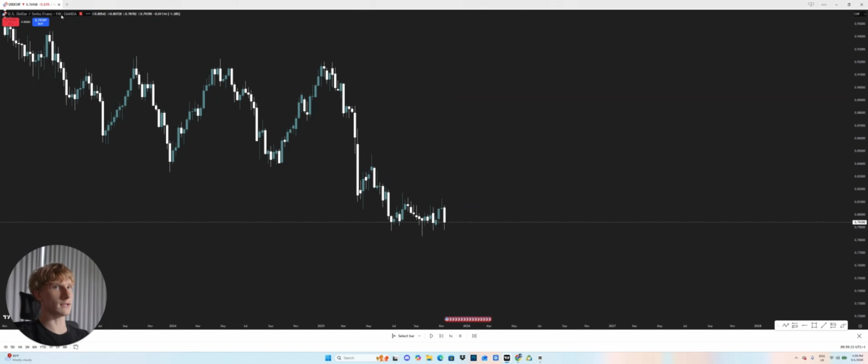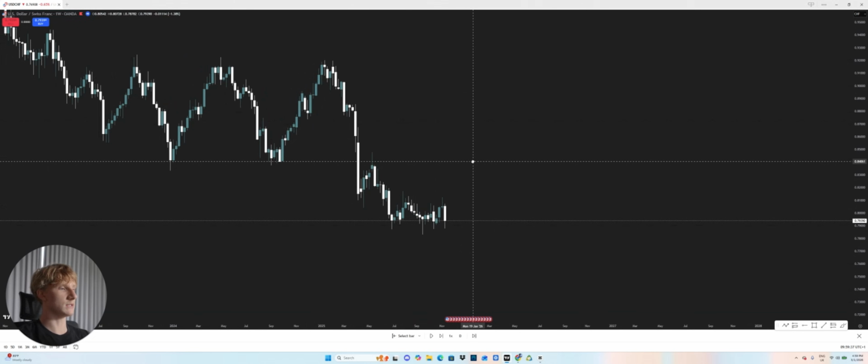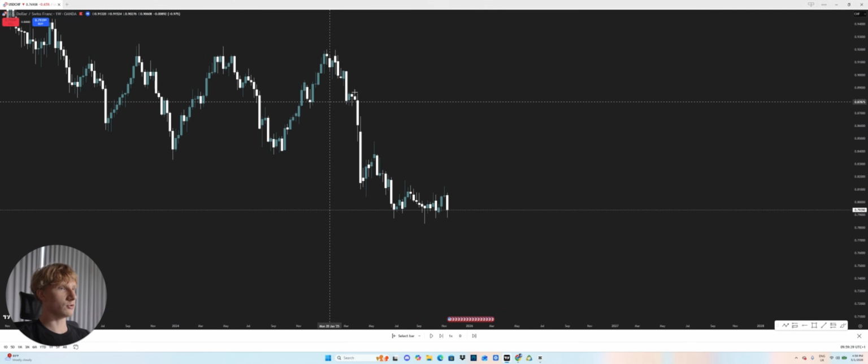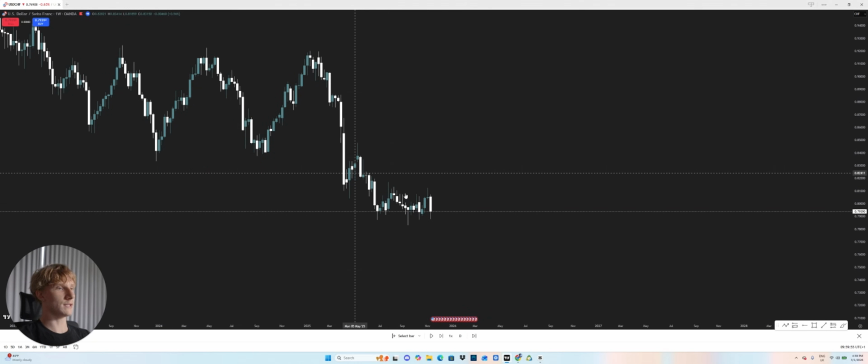Let's start on the weekly time frame. As we can see, we're on a weekly time frame and we're currently looking at USD CHF. On the weekly, we have been very, very bearish, which makes sense because usually the Swiss franc in recent times does outperform the dollar. We're going to go into Forex specifically, however right now this is just for an example. We can see that we're definitely more bearish than bullish.